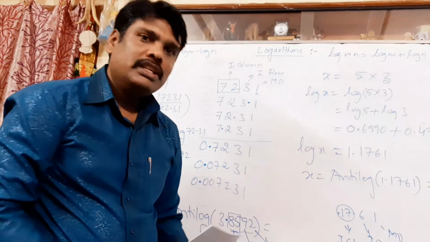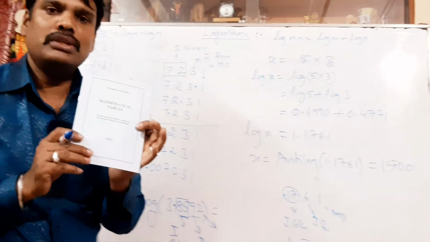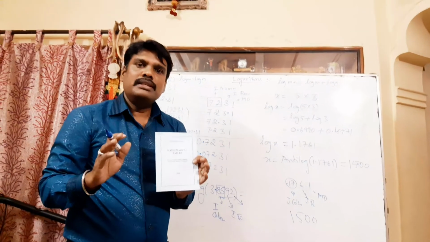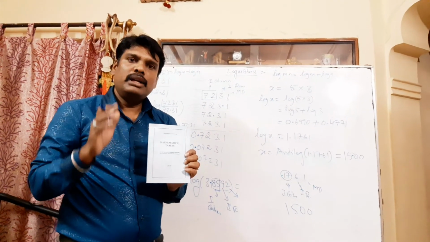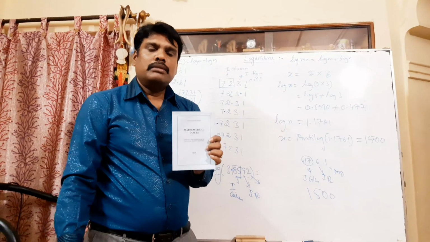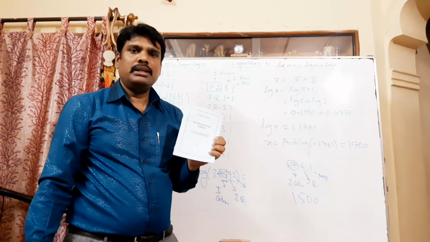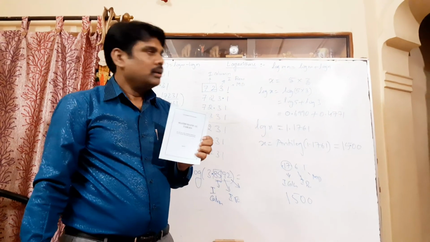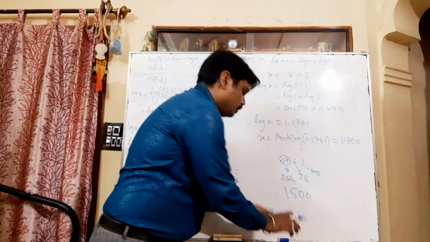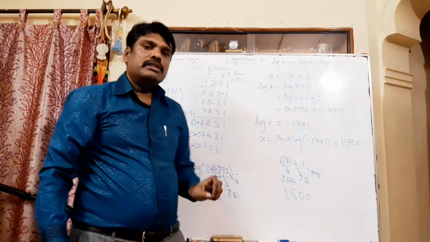So logarithm is used just like a calculator. It is especially used only for multiplication and division. We are not going to use it for addition and subtraction. So logarithm is a tool used for complicated multiplications and complicated divisions. In earlier times, scientists used only the logarithmic books for any calculations, especially divisions and multiplications. I hope you understood this concept, logarithms. This helps for both first PUC and second PUC, till the end of your education. So this logarithmic concept will help you.